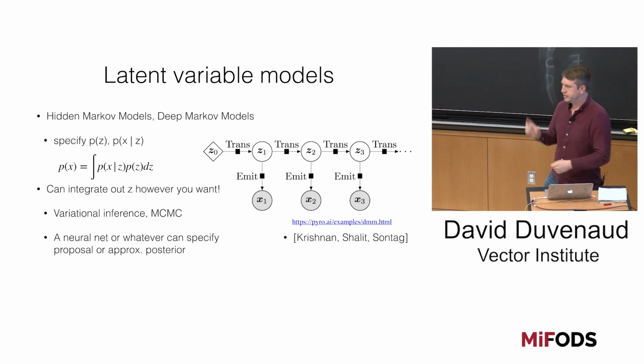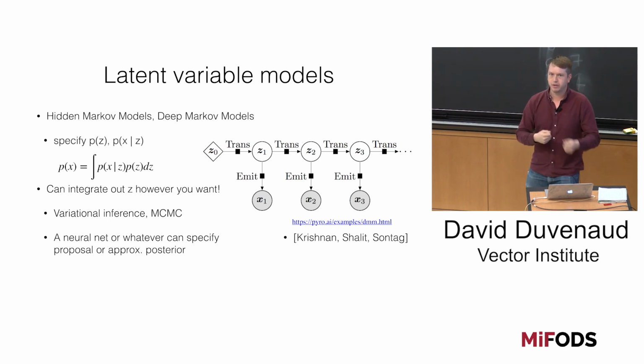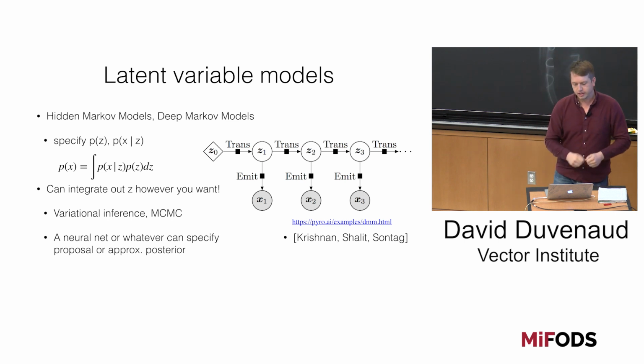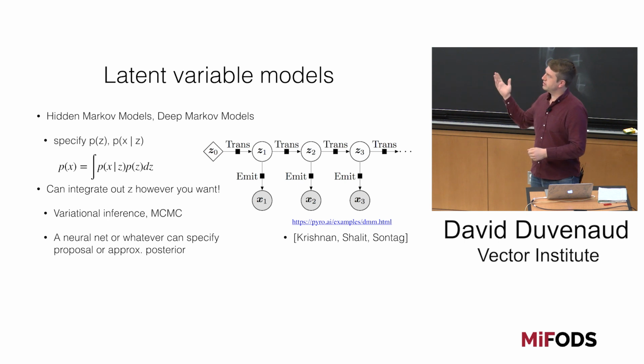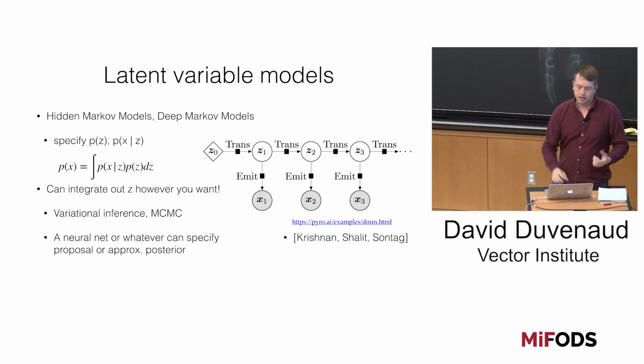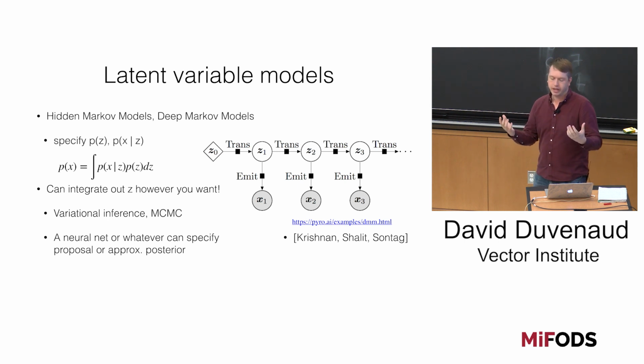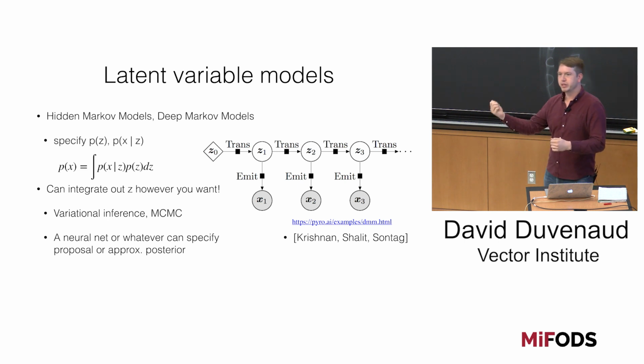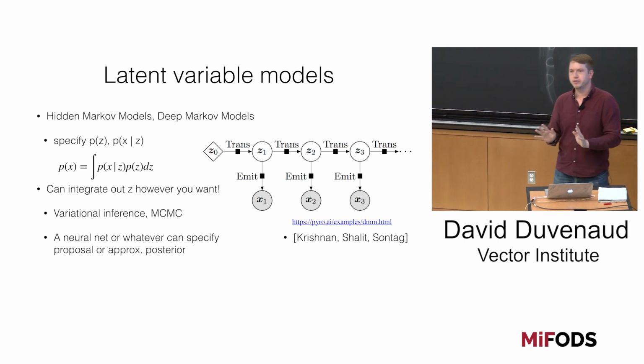One thing I want to point out about these deep Markov models in comparison to normal autoregressive models like recurrent neural networks is that all they do is define a joint distribution over the latents Z and the observations X. If we want to compute the marginal likelihood of the data P of X, we need to integrate over Z. We'll also need to integrate over Z if we want to make any sort of predictions, answer all these different queries that this model supports. But one point I want to make is that we can integrate out Z however we want. And according to my definition of models, that doesn't actually change the model. That's just your approximate inference strategy.